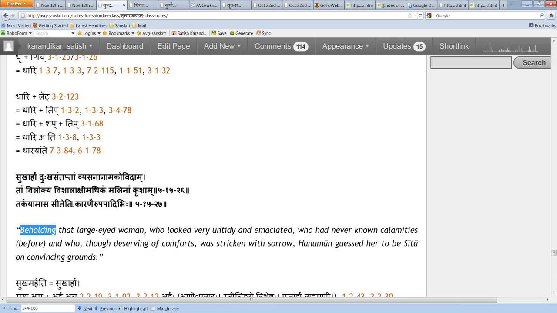This beholding, Vilokya. That is Tam, large-eyed woman, Vishalakshim, who looked untidy, Malinam. Malinam is untidy, means dirty. And very is Adhikam. And emaciated, Krusham. Krusha is to become thin, so Krusha Sthula comes in Vishnu Sahasranama Stotram. So Vishnu Sahasranama. So here we can quickly look at a sutram like a word,